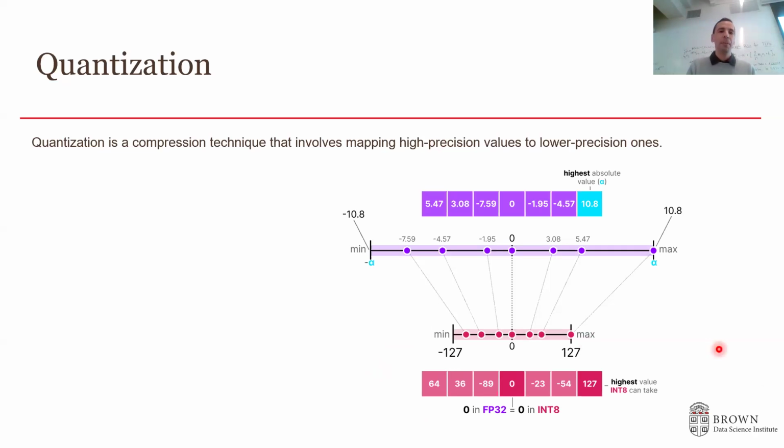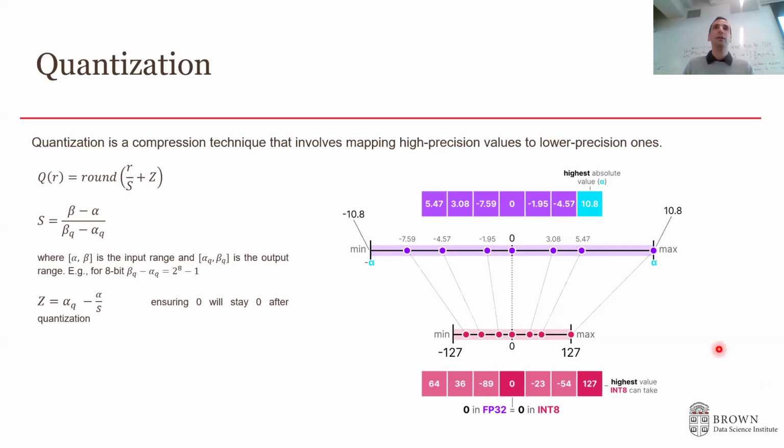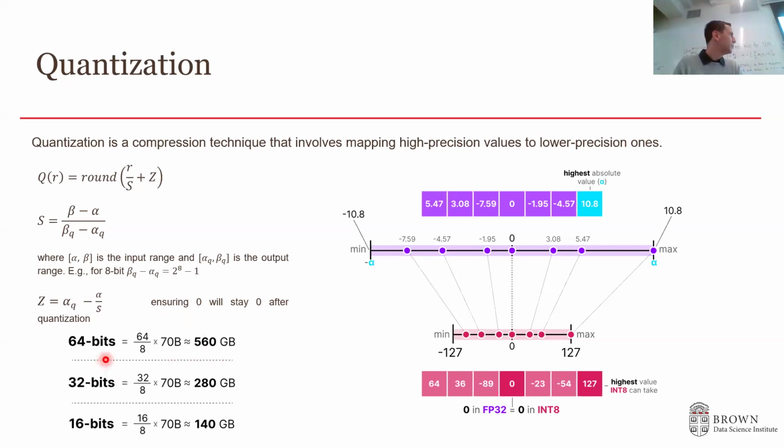And how can we do that? We can simply scale it, right? Simple as that. We take the ranges of the two number types, we get a scaling factor, and then we can divide our number by the scaling factor, and we want to keep 0 as 0 because it has a special meaning. So if we scale all our weights, we just reduce dramatically the size of the model, and it's linear. So if we reduce from 64 bits to 16 bits, you can see the reduction is linear and dramatic.